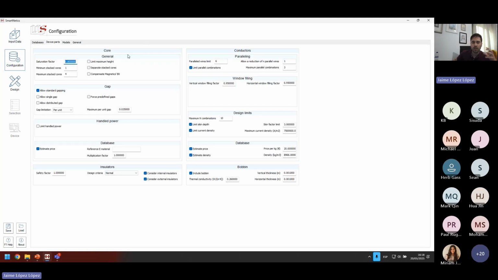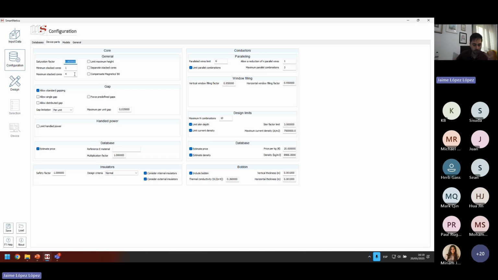To ease the process, we have divided the full magnetic into 4 parts: the core, the conductors, the insulators, and the bobbin. Here, the user can leave everything as is because the default configuration may fit most designs, but if they know what they're doing, they can change some aspects of it to reduce the simulation time or to have a better design if they know what they want to achieve.